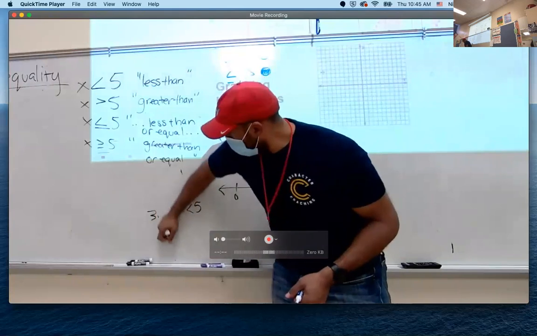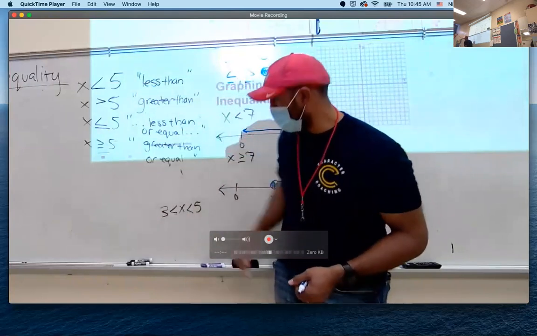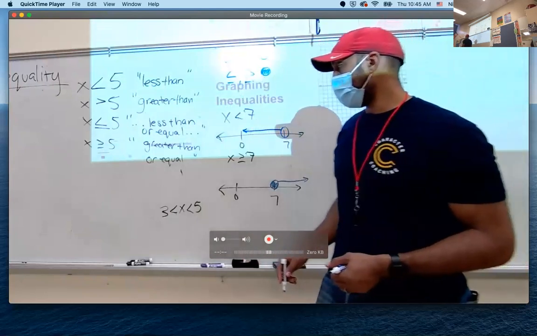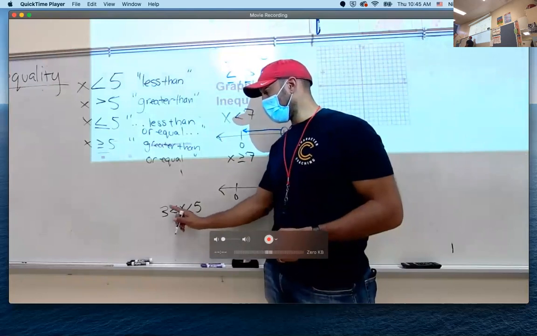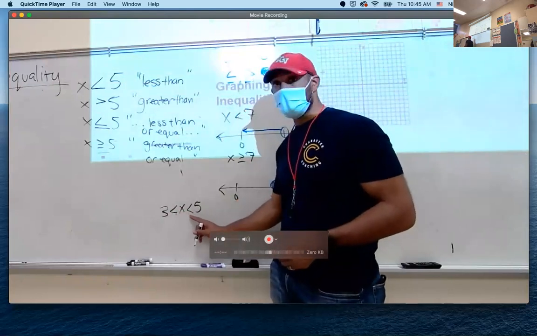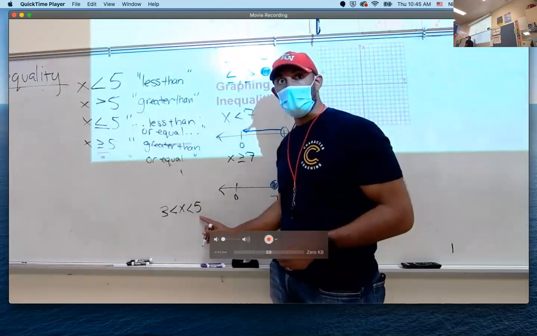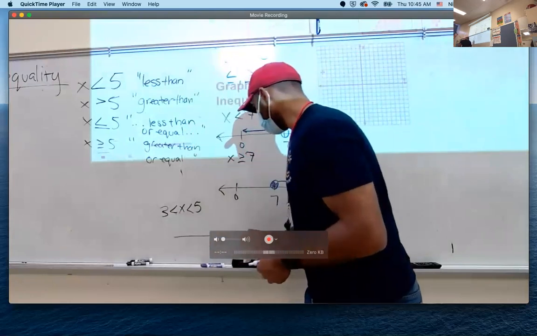So wherever it's open, that is the bigger number, okay? So that's the bigger number here. So that means that X is greater than 3, but X is less than 5. Less than 5. So when I put this on a number line,